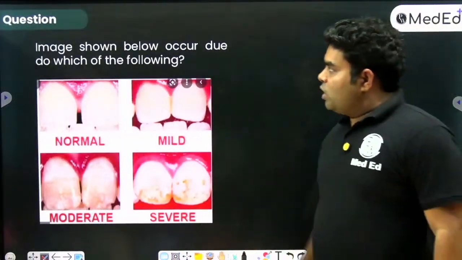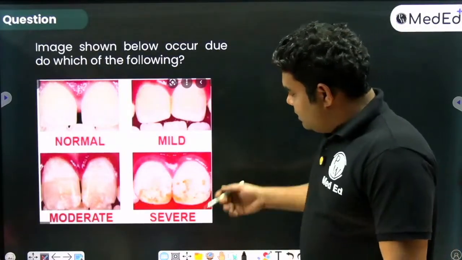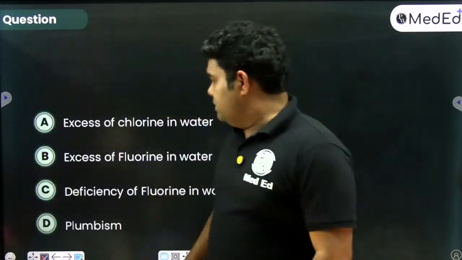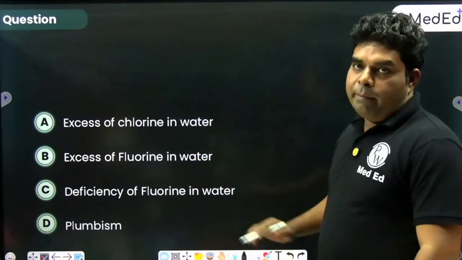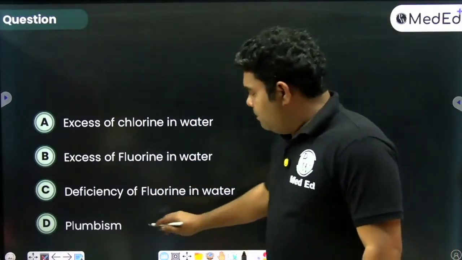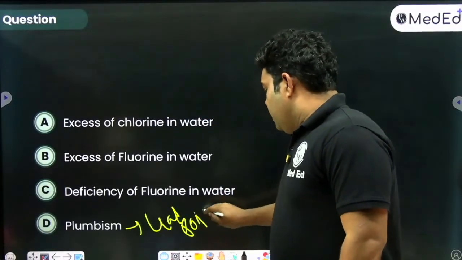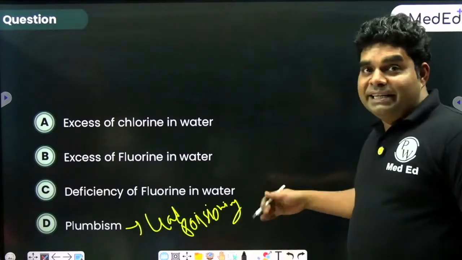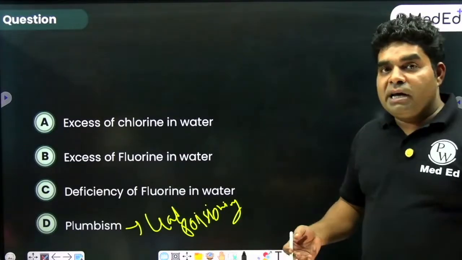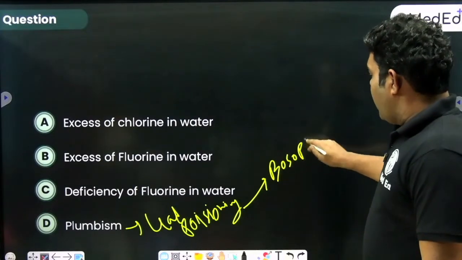Now, what is this image suggestive of? Can you answer this? Options are: excess of fluorine, deficiency of fluorine, or plumbism. Plumbism means lead poisoning. And I hope you all know, if there is lead poisoning, the symptoms will be A, B, C, D, E. A for anemia, B for toothing, basophilic stippling, and